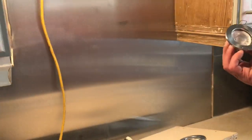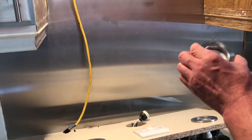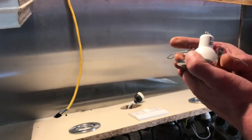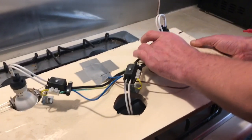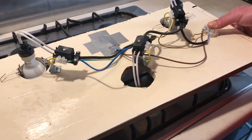Hi, obviously this is the next phase, to make it look more modern. These are cheap on eBay, £14.50, and come with bulb, fittings and everything else. As you can see on the board, it comes with those. All you do is attach it to there, you could do a terminal block there, and basically